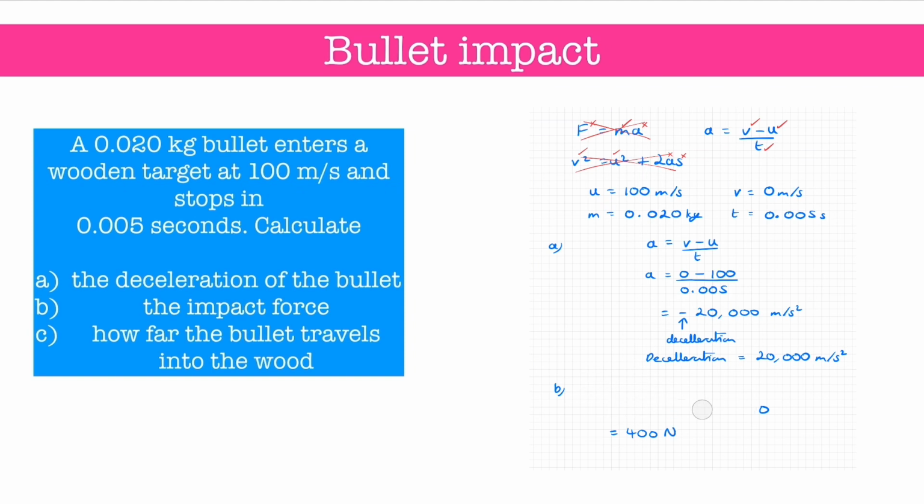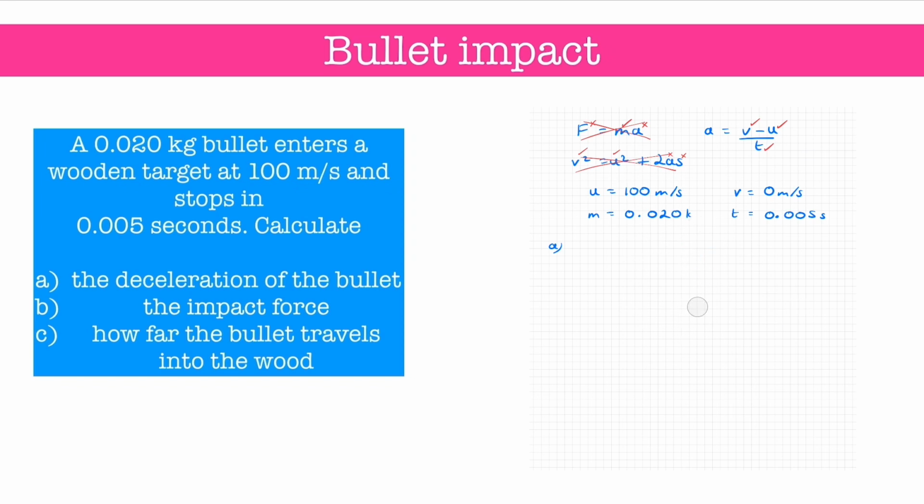Alternatively, you could use the impulse equation instead. So the force is equal to the mass multiplied by the change in velocity and divided by the time. Substitute your values in here, so m becomes 0.02, delta v becomes 100, as the change of velocity is 100 minus 0, and the time t is 0.005 seconds. Again, this gives you 400 newtons. Neither way is better than the other, it's just whichever one happens to come into your head when you're solving